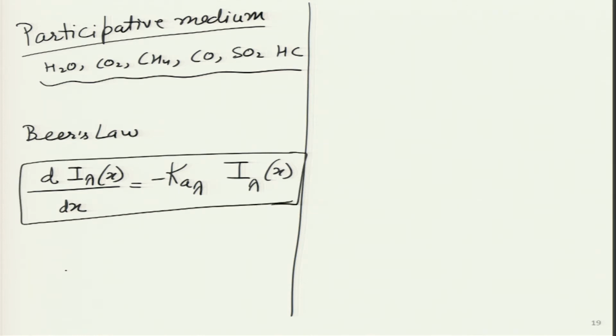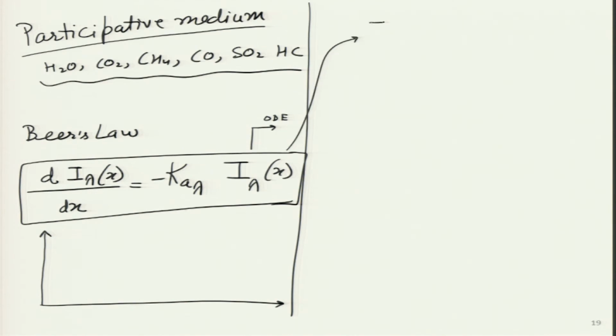So, if I may ask students, even without knowing what equation this is, the first thing I know is that this is an ODE, an ordinary differential equation. I may be able to even solve it if I know the boundary conditions. Let us say I solve it, I can get something like an exponential function, and it may turn out to be an exponentially decaying function, something like this.